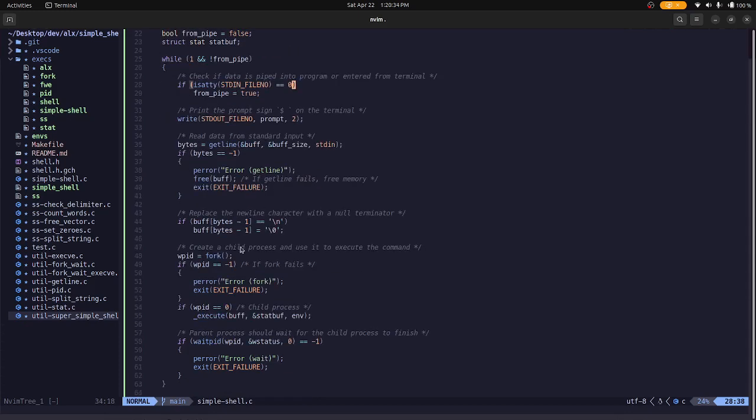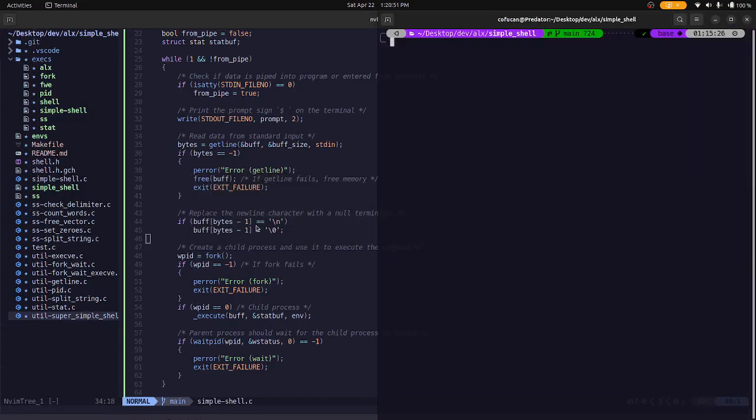Now let's go back to here. This is where we are now. We have replaced the new line character at the end with a null terminator. We have done that now. So now what's the next? Remember, what's our problem statement again? We want to run an executable file. So if I do